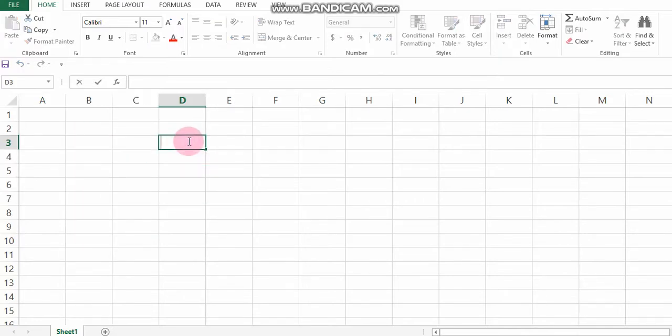Either I double click, then only I can write in it, or you can press F2, and as I am pressing, you will see the cursor inside the cell. If I have already written something and I press F2, the cursor will come at the end of the cell content. Then you can modify or change the content of the cell. So this is the use of F2.